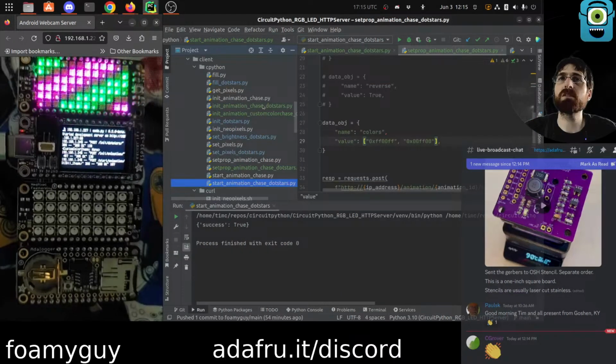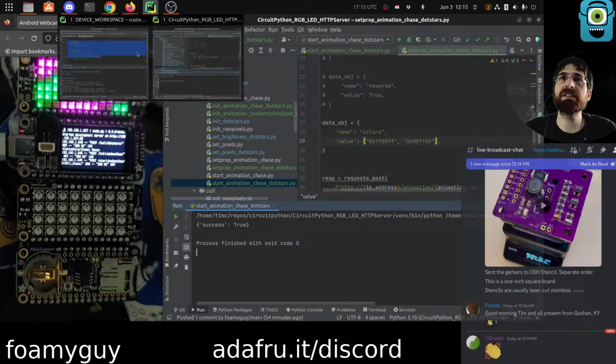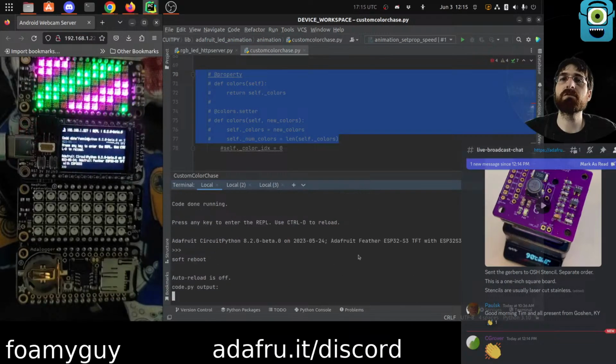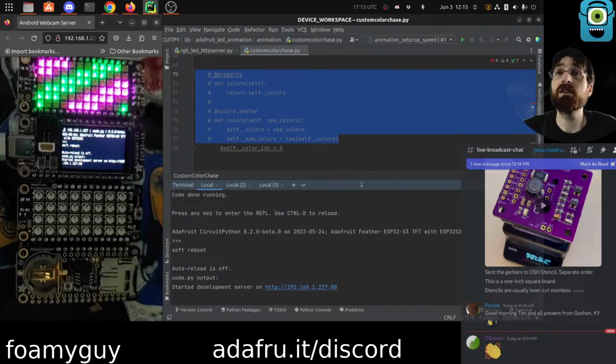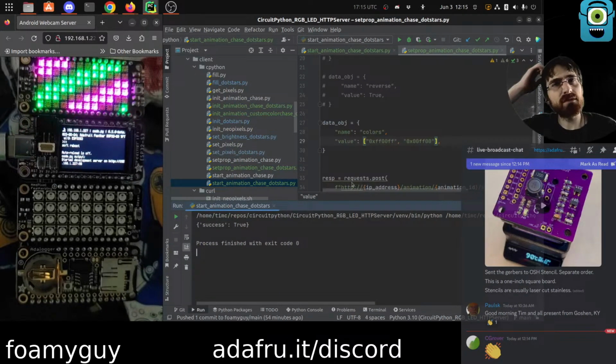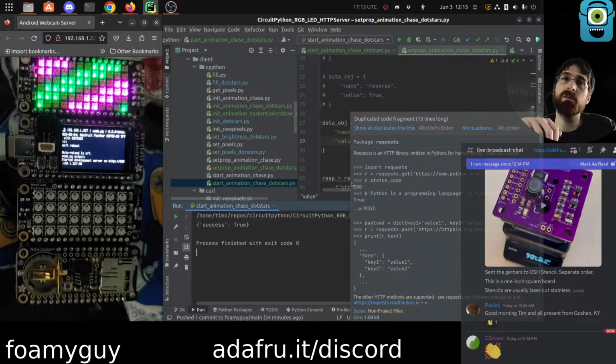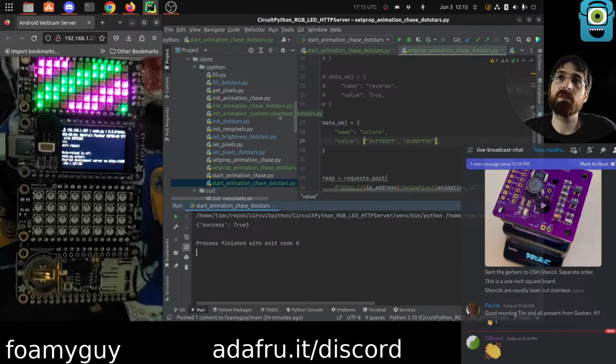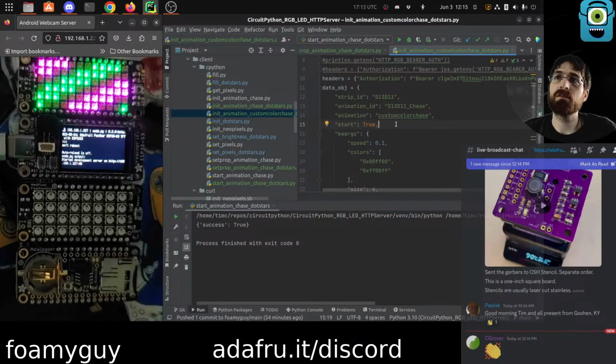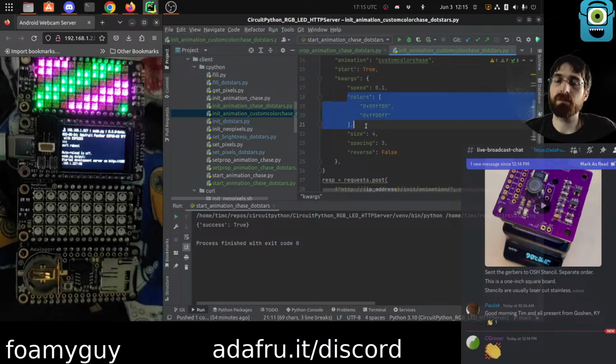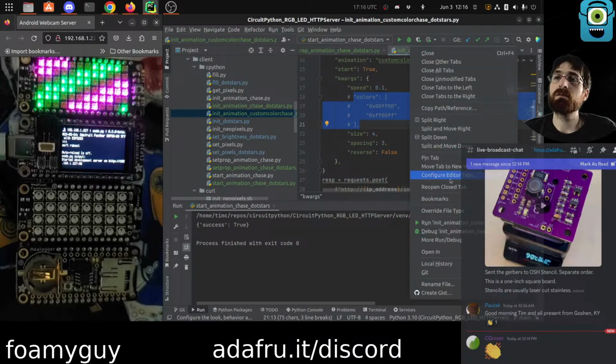So, okay, one more thing I want to try. What we should probably have is deinitializing. We don't really have any deinitialize functions. Maybe we could throw the animation away and then you could initialize a new one with the same name. Put these out. It's going to be really hard to tell though because